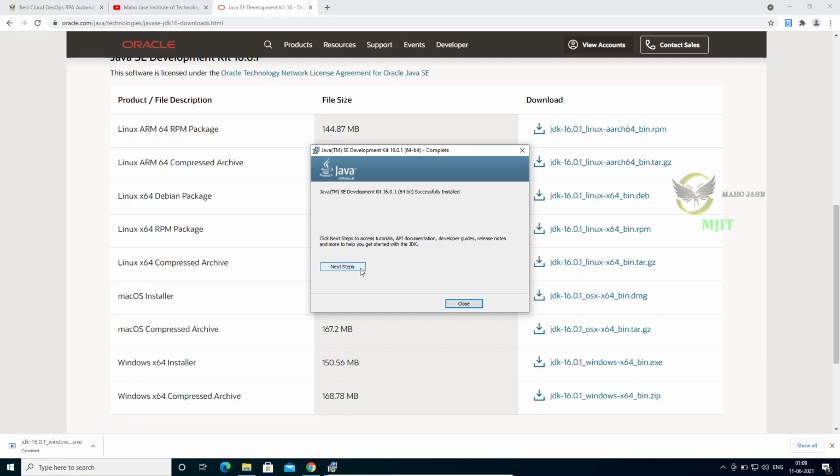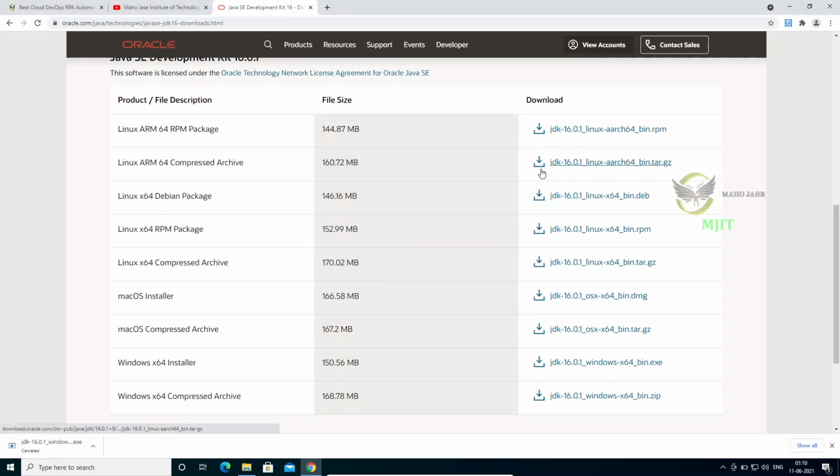If I click on view steps, it's going to open a new web page on the default browser, and it will show about Java JDK 16 and its updates. If you want to read it, you can click on it, else you can click on close. I have clicked on the next tab, so the page will open. You can see how it is also, but I am clicking on close, so this will get closed. Now Java JDK 16 is installed.